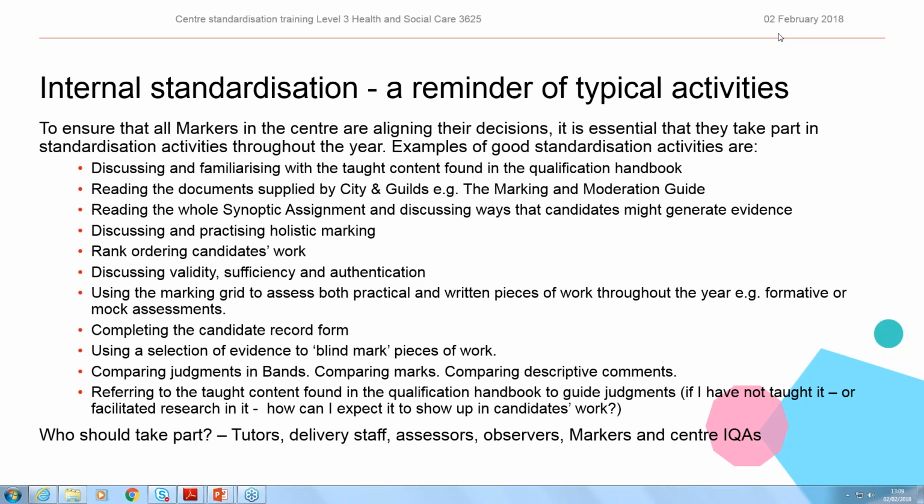We've just got another question from Jill. Jill's asked for further standardisation sample work to use in a standardisation exercise across the department. If you want to do that, you could certainly write into moderation support. They may say that's fine.